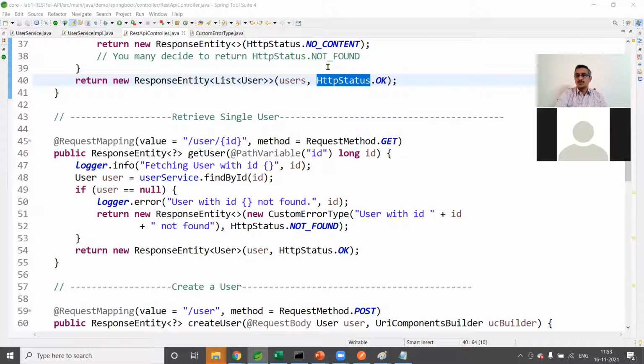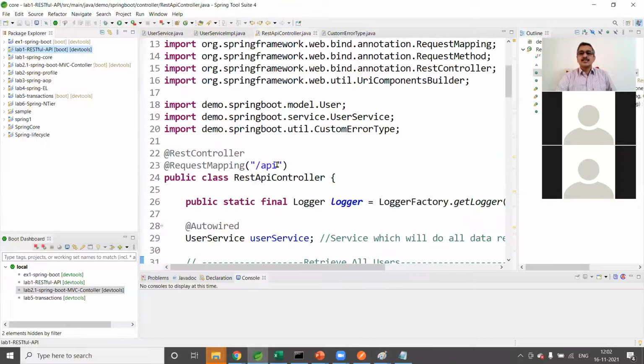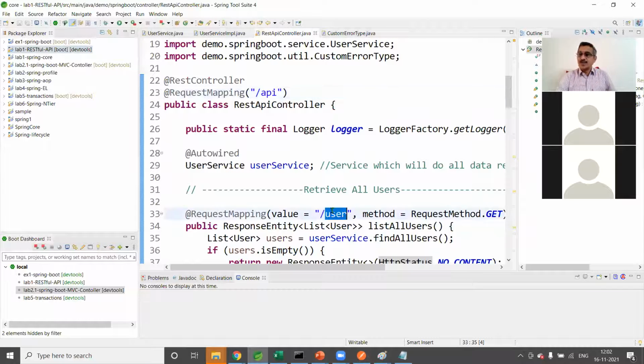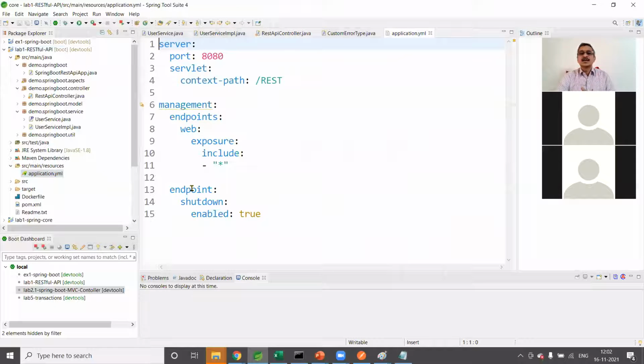All of you just open Postman, select localhost:8080/API/user, for example. But you check it in the code. We are using /API/user, fine. But in the YAML file, if you look at the application.yaml file, context path /rest is given.